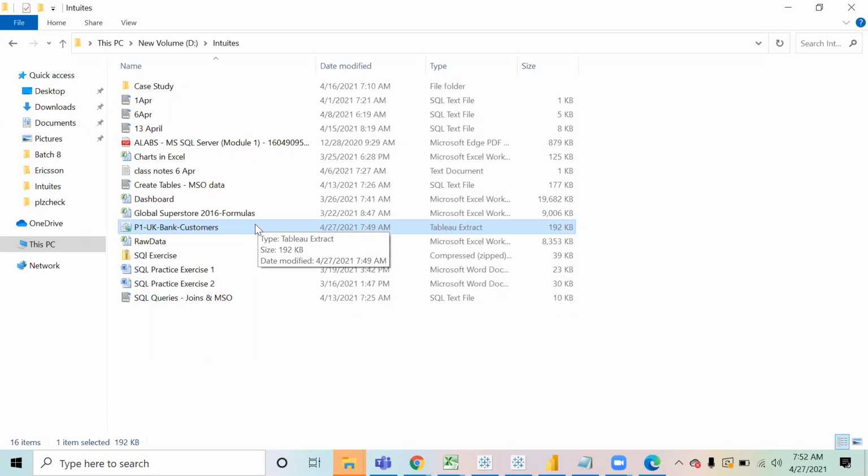Because this is saved as a Tableau extract, we can't edit it unless we are using it in Tableau, right? You can't make any change till the time you use it in Tableau right now. So if we are making any changes in Tableau, does it automatically update the changes over here in the extract? The extract will have only the data, right? Extract will only have the data, nothing apart from that.